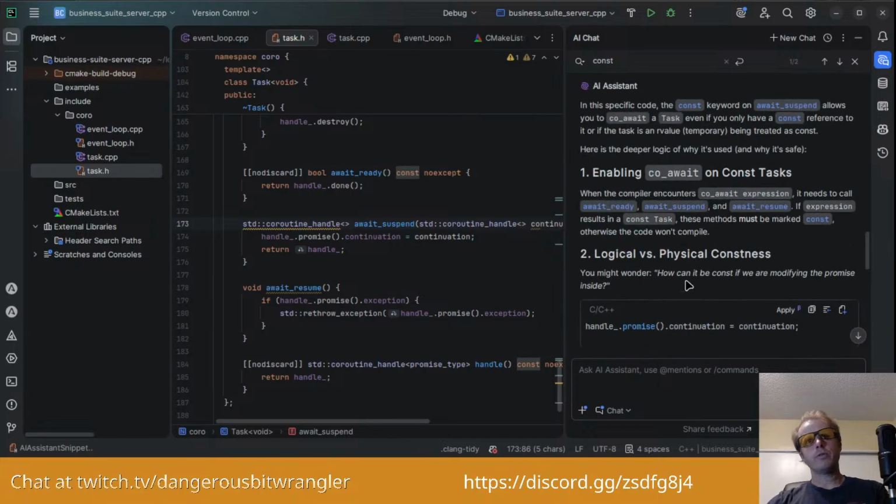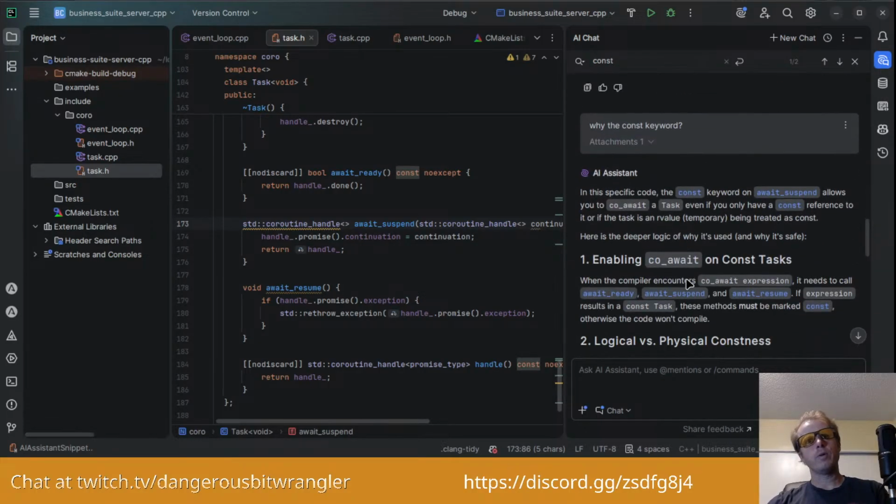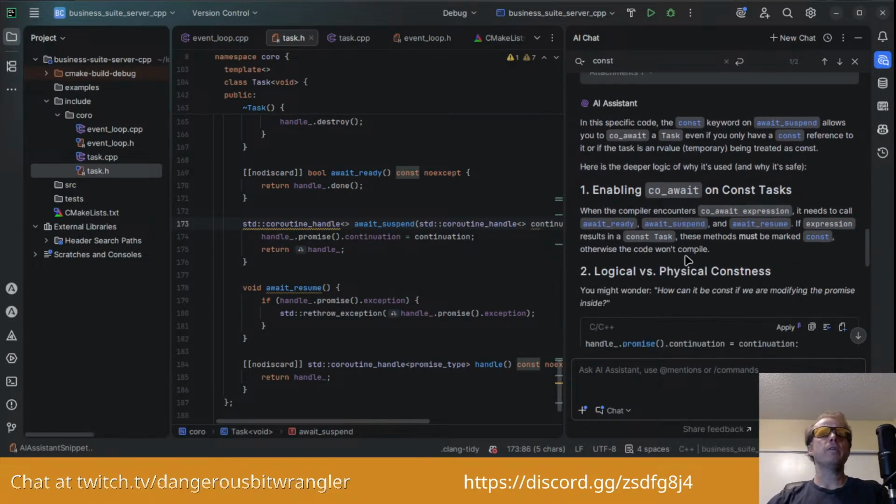That made no sense whatsoever to me. I think I'm going to go with the initial explanation that it allows you to coroutine await a task even if you only have a const reference to it. So it's enabling the method to be called on the task even if it mutates the inner variables of the class.